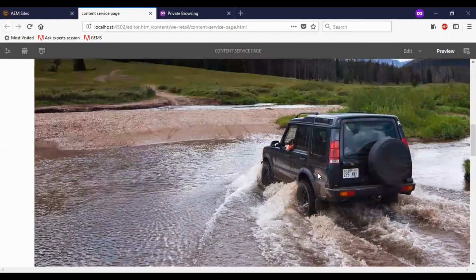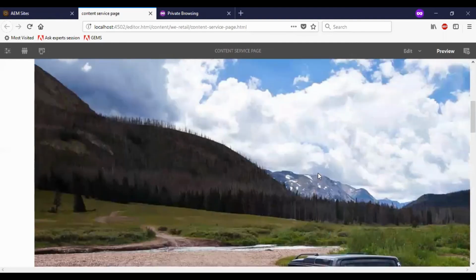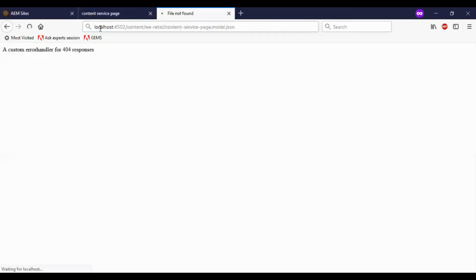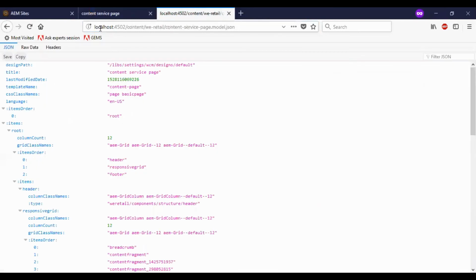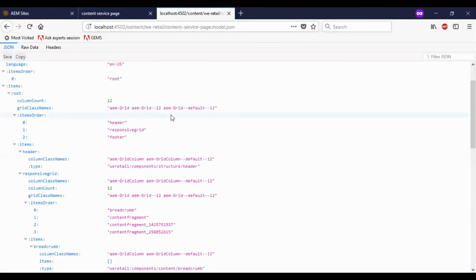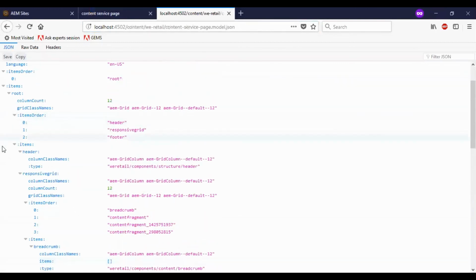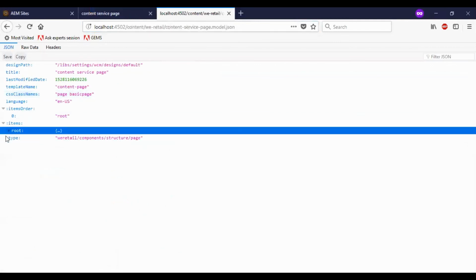So how do I access this JSON now? In the URL part, I just need .model.json appended. Here's the JSON rendered from that page. You can see we have a root,